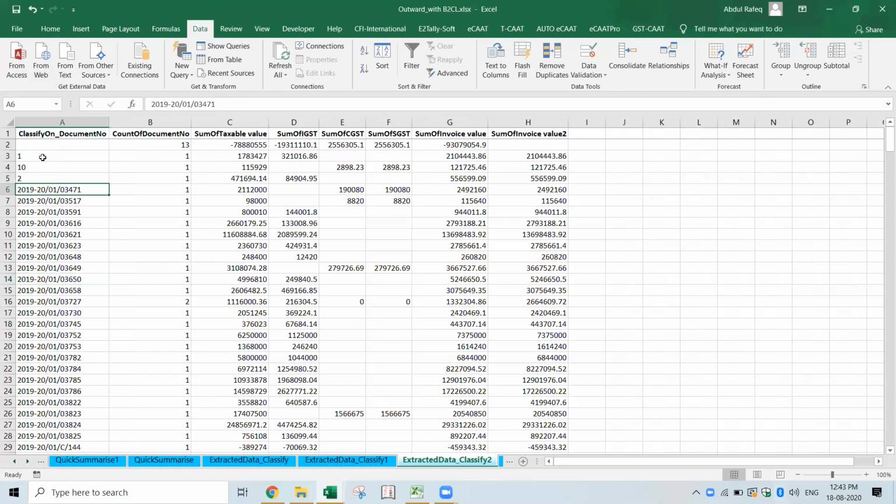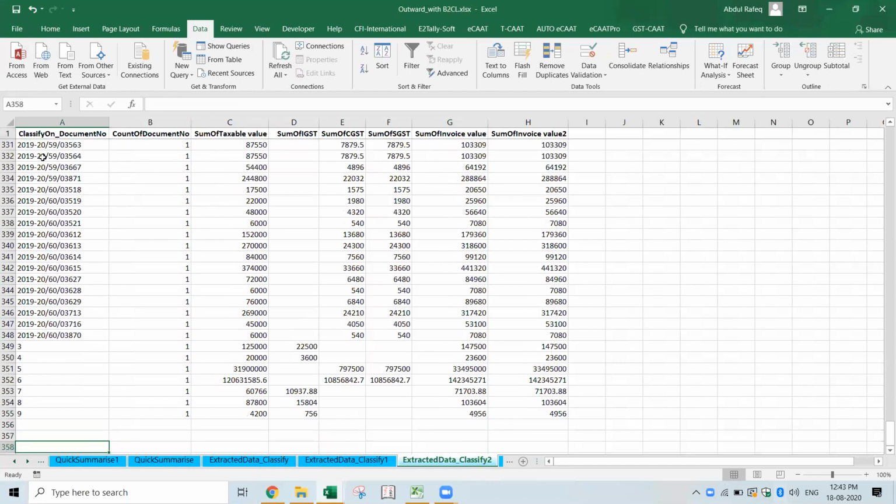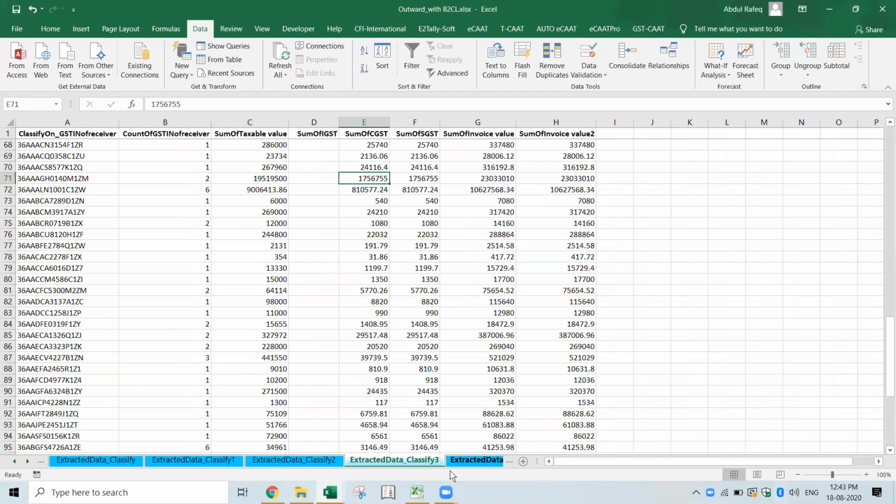I can also know how many times the document is repeated. Again, if you see here, there are some documents numbered 3, 4, 5 like that. So this also I'm not sure, so we can do further investigation and find out what the document types are. Correct. Now again, if I come back to this one, same thing.